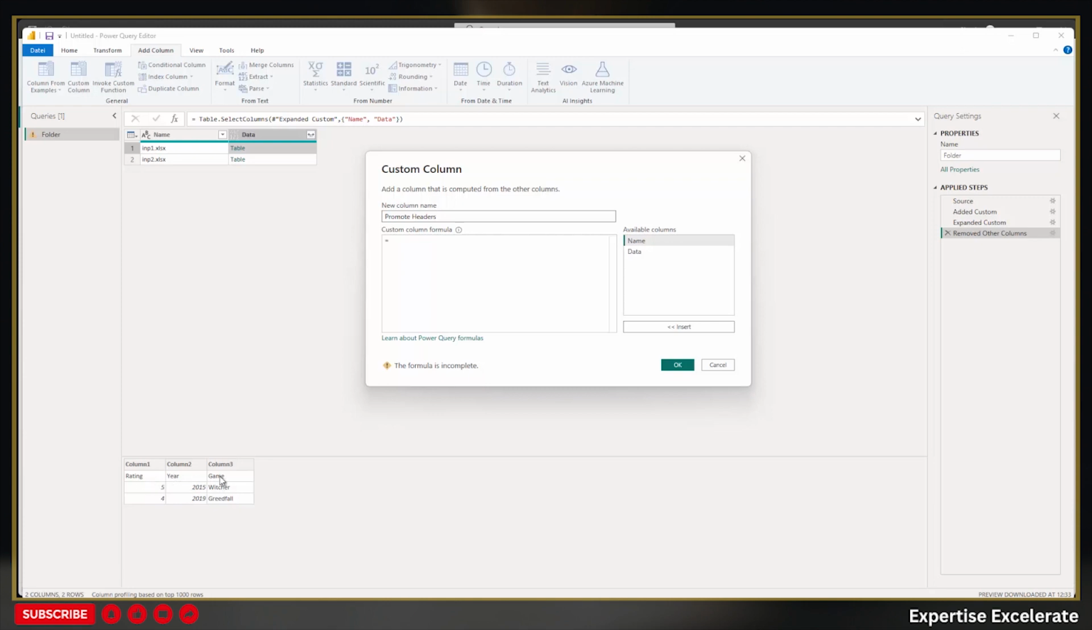But currently, this is not the header. The header is column 1, column 2, column 3. And what we want is actually to have the first row inside the header. Like the promote headers option, which exists inside the query editor under transform as well. But in this case, we need to do this for each table. So in this case, we have 2 files. But if you have 10 files, we would have to do it for each table of each of the 10